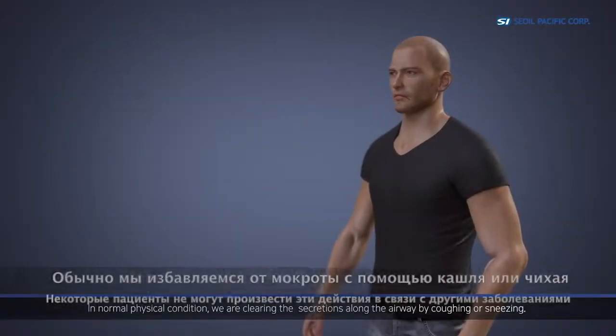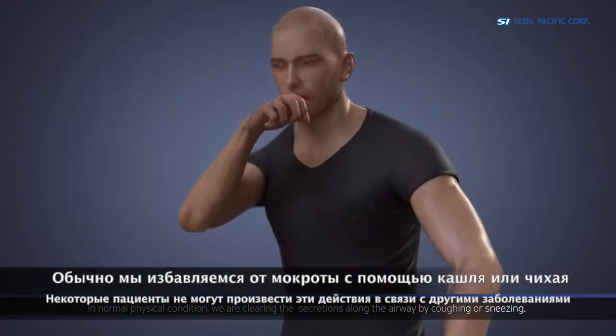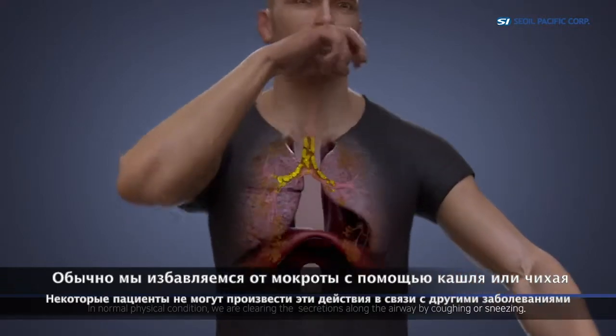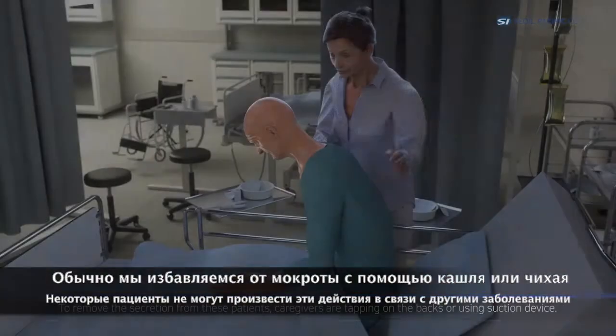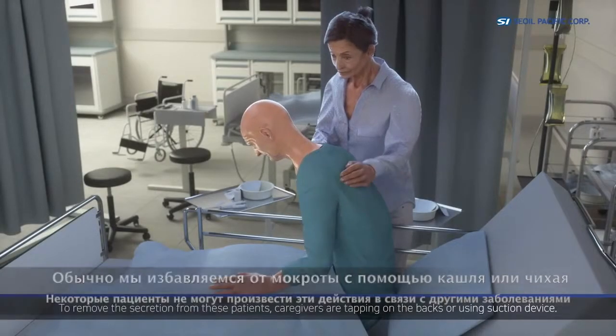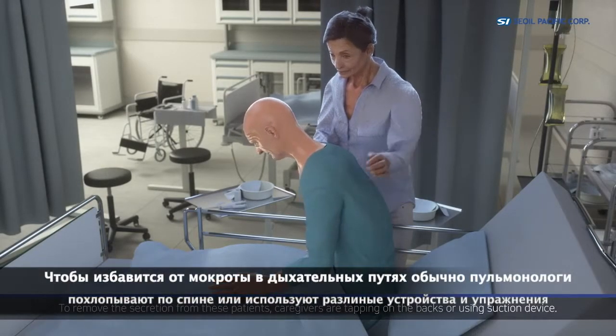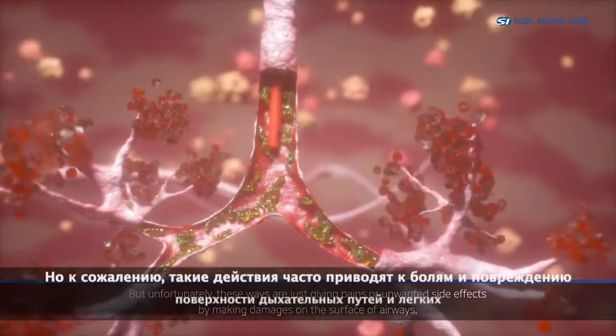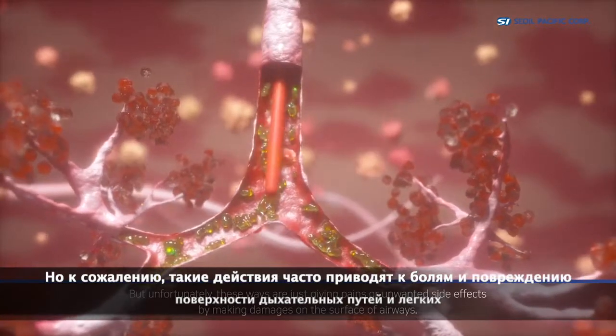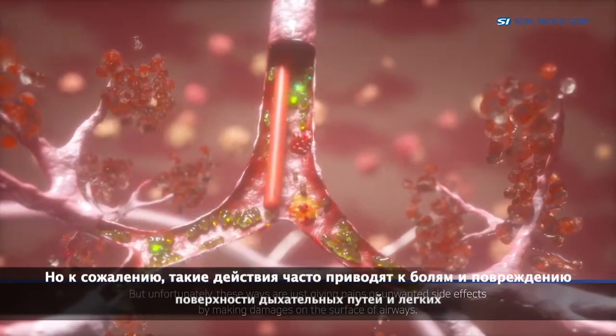Physically, we clear the secretions along the airway by coughing or sneezing. But some people are not able to do this for several reasons. To remove the secretions from these patients, caregivers tap on the back or use a suction device. But unfortunately, these ways only cause pain or unwanted side effects by damaging the surface of the